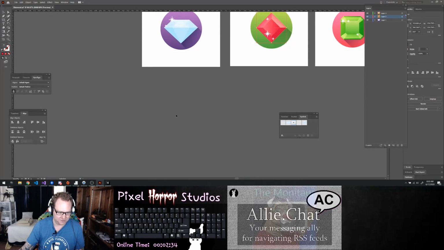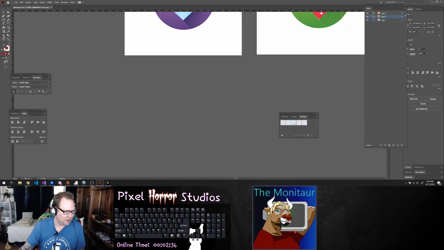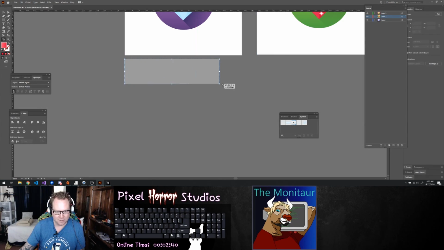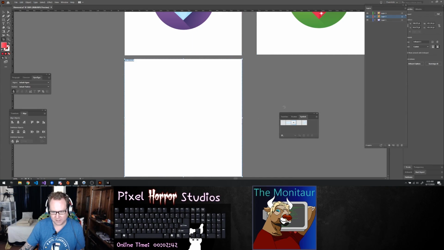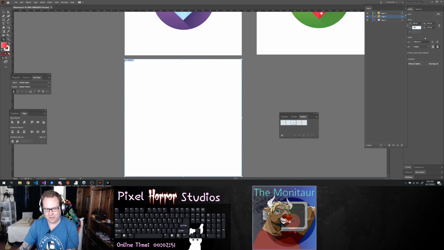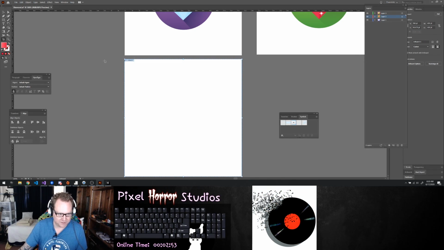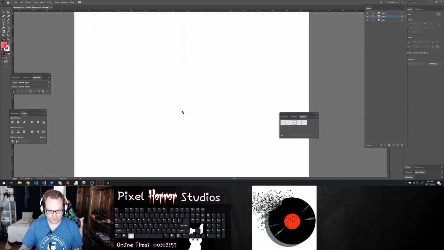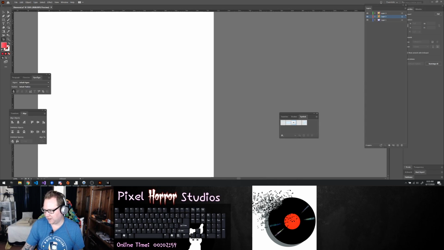So first thing I need to do is I need to make an artboard. So we'll use my artboard tool, which the shortcut is Shift-O. And we can just make it a circle here. And I'm going for an even 600 pixels and 300 and 920 or something like that. Well, we can just leave it right there. And then I can move it to get it centered, and we're good to go. Okay, so for this gem,